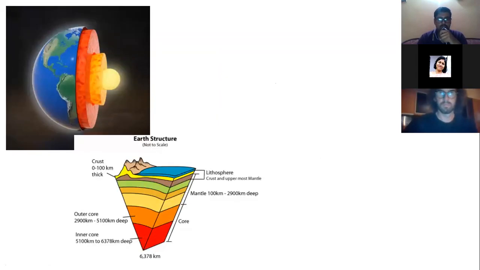So if we look towards the structure of the Earth, if we cut our Earth into two halves, it comprises three segments. This relates to the core, this relates to the mantle, and this is our crust, which is like the peel of an orange.